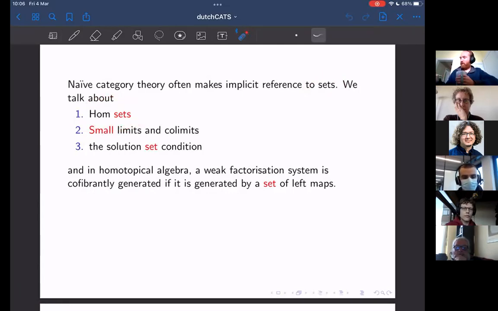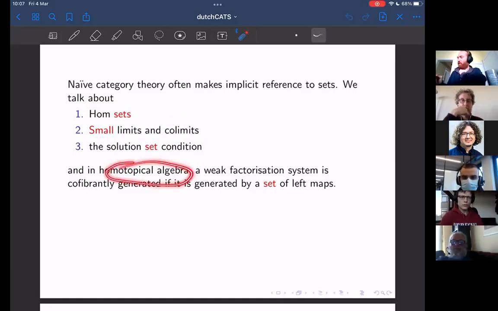We talk about small limits and colimits, so we need set-sized diagrams to talk about these things. In the classical adjoint functor theorem, it takes as an input a solution set condition. My own motivation for using fibrations in my work is from homotopical algebra,